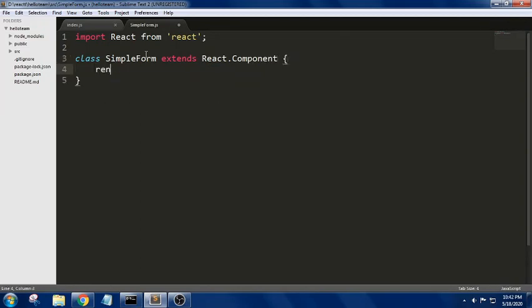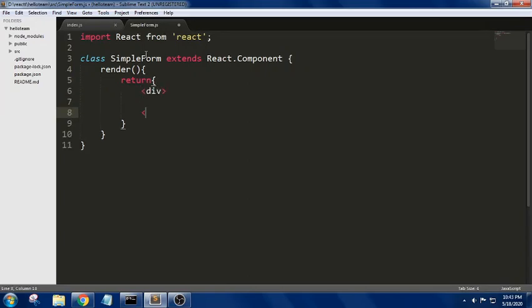As a class component will have a render method, I take a render method. In this, we write the JSX. Inside this JSX, I take a div. Inside this div, I write a basic example, a simple form using React.